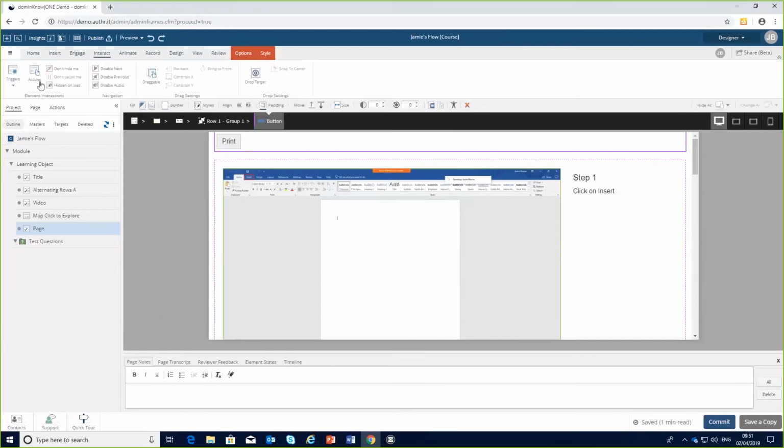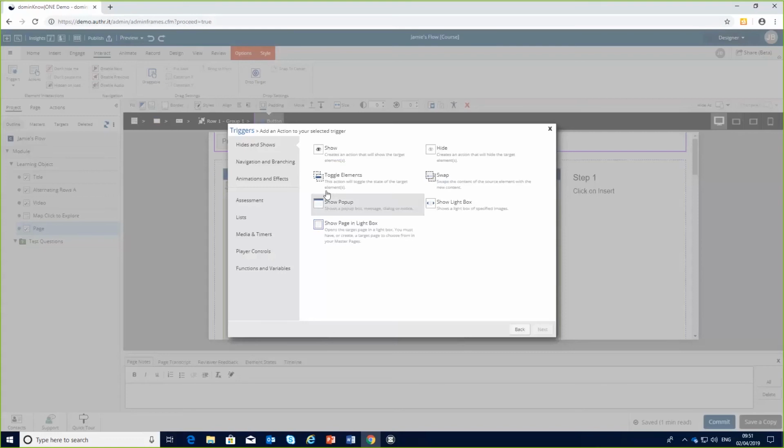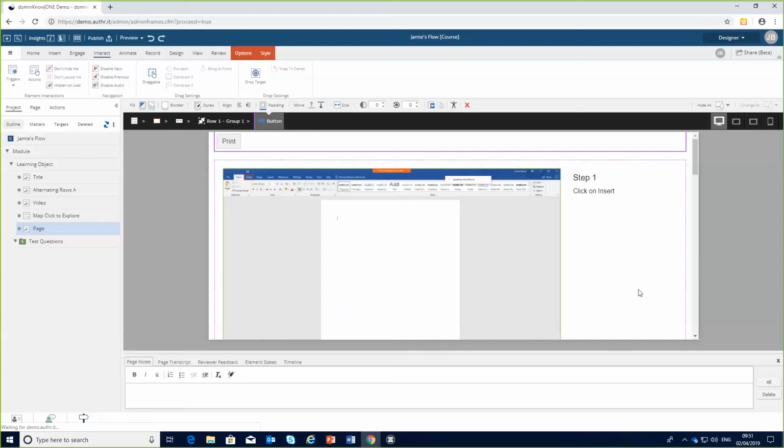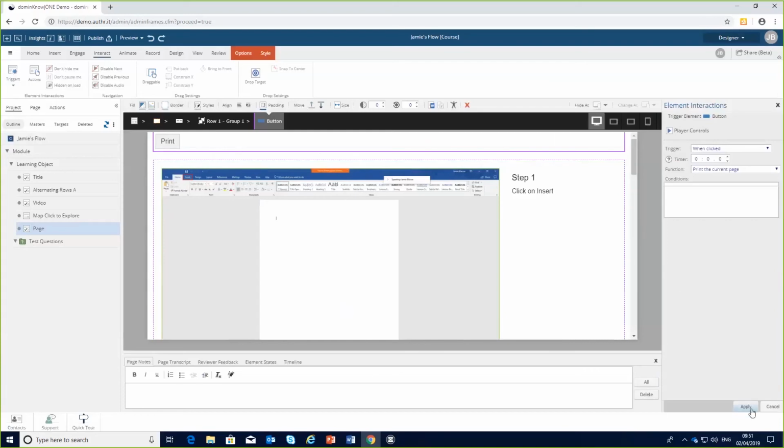Okay, so if I go to put an action, and again, look, things like this, if you're using your actions, they've updated these menu systems, but you do get used to it quite quickly. And there is training, as I'll talk about at the end. But if I wanted to print out the current page, I hit apply. Okay, so if we preview this,